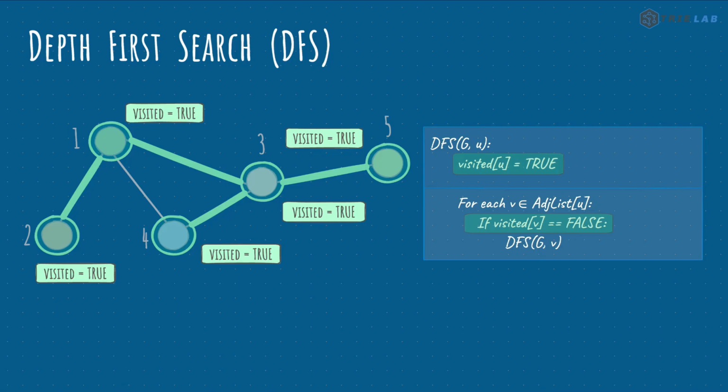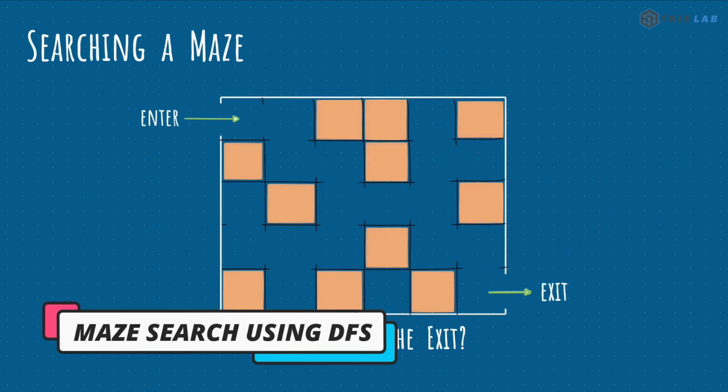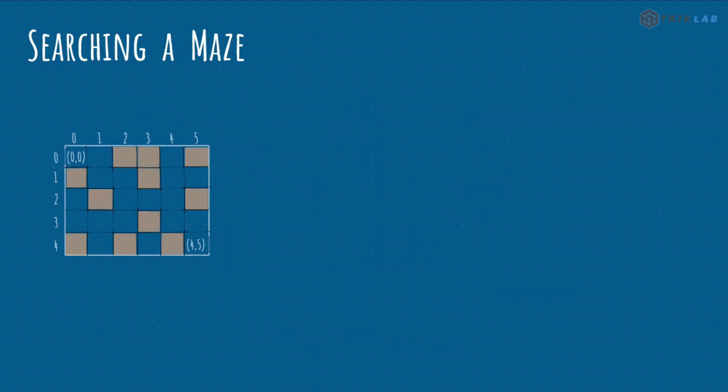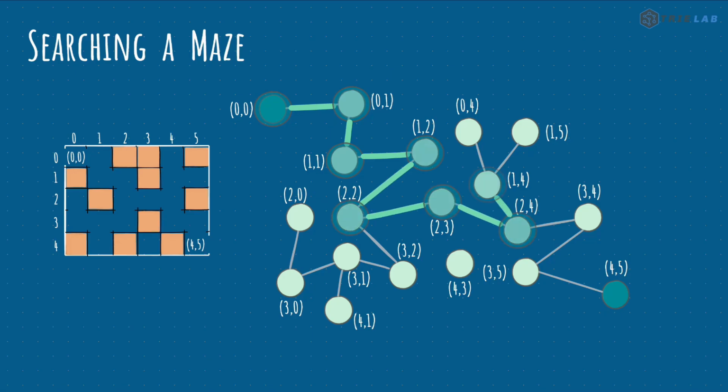Well, with this understanding, we are now ready to apply depth-first search to search a maze as well. We will use the same graph that we have already seen during the breadth-first search simulation, and this time we will simulate it using depth-first search. If we begin the depth-first search algorithm from the node 0, 0, what we observe is quite interesting. Depth-first search goes all the way up to the depth of the graph. It tries to find a path to the exit, and if it doesn't, it backtracks, explores another route, and continues this search until it finally finds a path to the exit 4, 5.